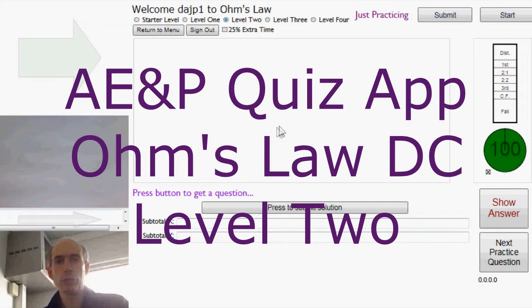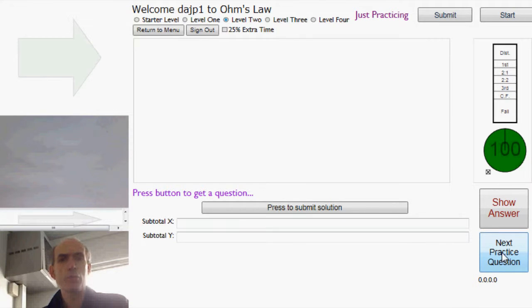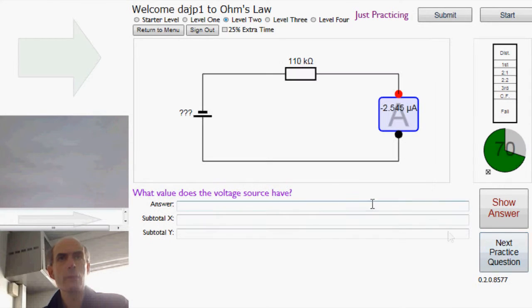Hello and welcome to level 2 of Ohm's law. These questions are slightly more tricky, although not always. The only slight complication here is that the voltage cell you'll see is the other way round. So this point here at the bottom of the circuit is actually at a higher potential than this point here